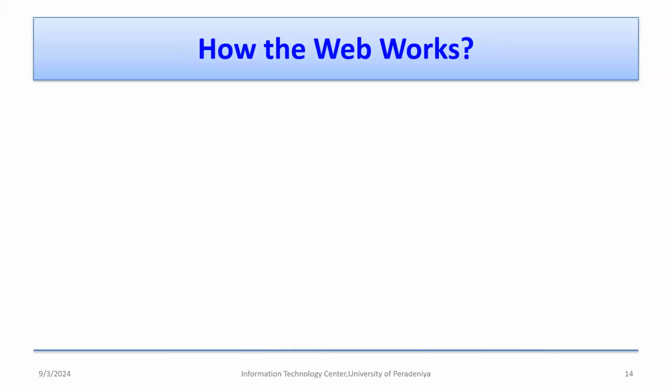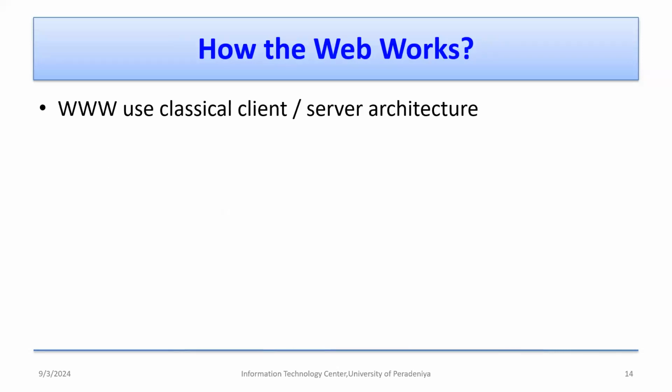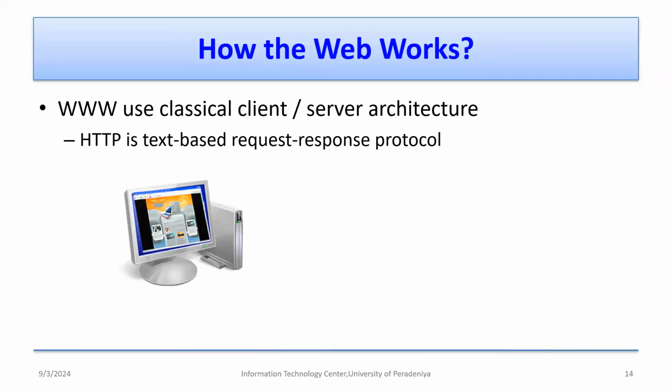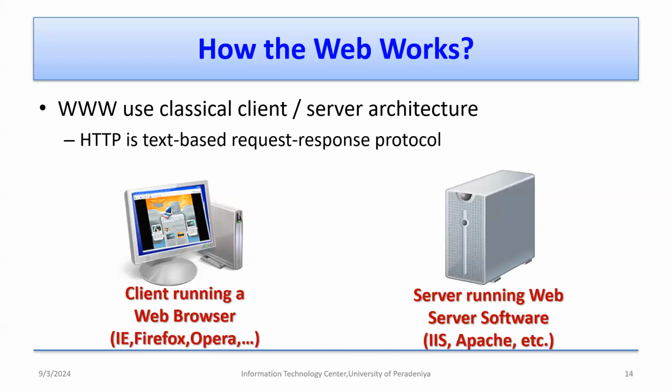Then how does the web work? Usually we use the client server architecture. On the client side, we have a web browser, through which we can access the website. Websites are hosted in a web server. There are a number of web server software, like Tomcat, Apache, IIS, Glassfish. Web server software is installed in